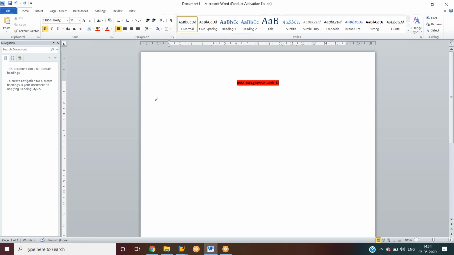See guys, integration will start now, and in the integration we'll see what automatic account determination is. So what is automatic account determination? Automatic account determination means which will determine the GL accounts automatically.